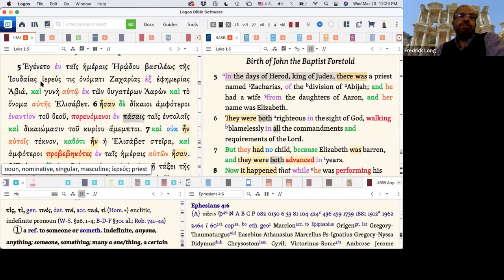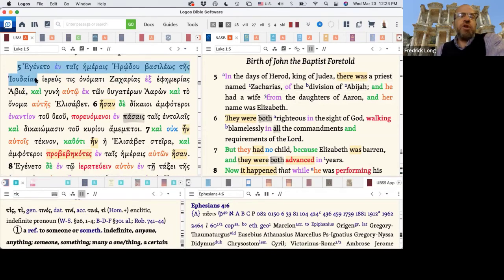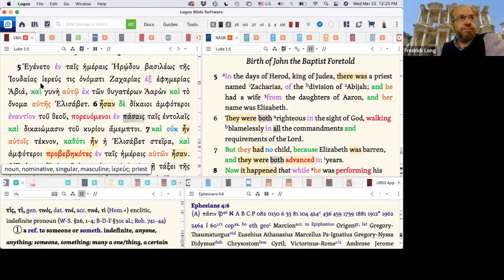Is it just Luke who does that though? I feel like it's common in narrative, in Septuagint narrative, and even in Mark in particular. Maybe he uses the same, but Luke uses it a little bit differently. But it's a way to get the narrative going. Is it kind of like the Hebrew vayehi? No, because there's no vav here. Well, vayehi is like, and it happened, and it was. Yeah. And so in that sense, it is like that. So it happened